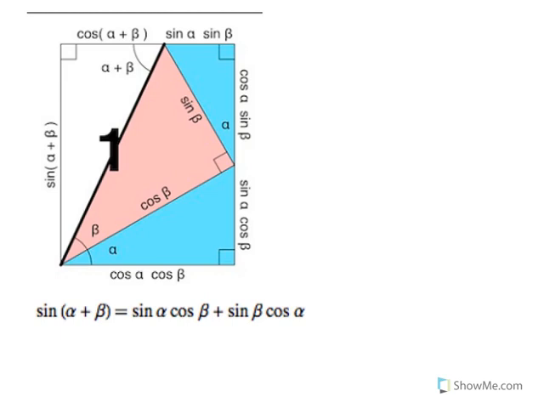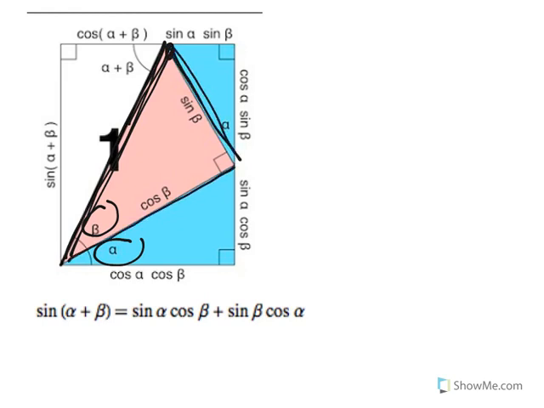This rectangle has a lot of relationships in it. So they have this hypotenuse here. If this is angle beta and this is angle alpha, and we have this one here, we can make a right triangle, this one here, that has cosine beta and sine beta as its sides. And then if we just put a rectangle around the whole thing like that,